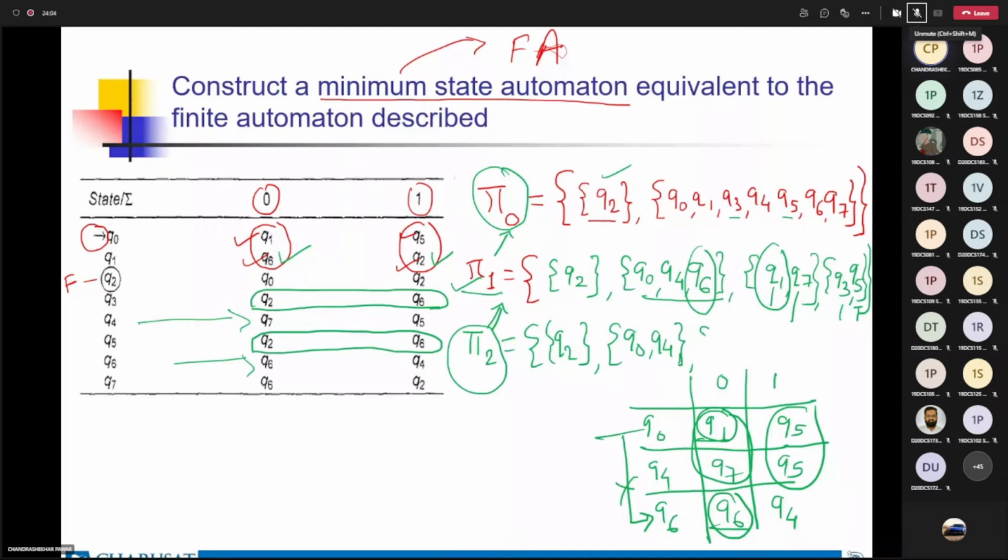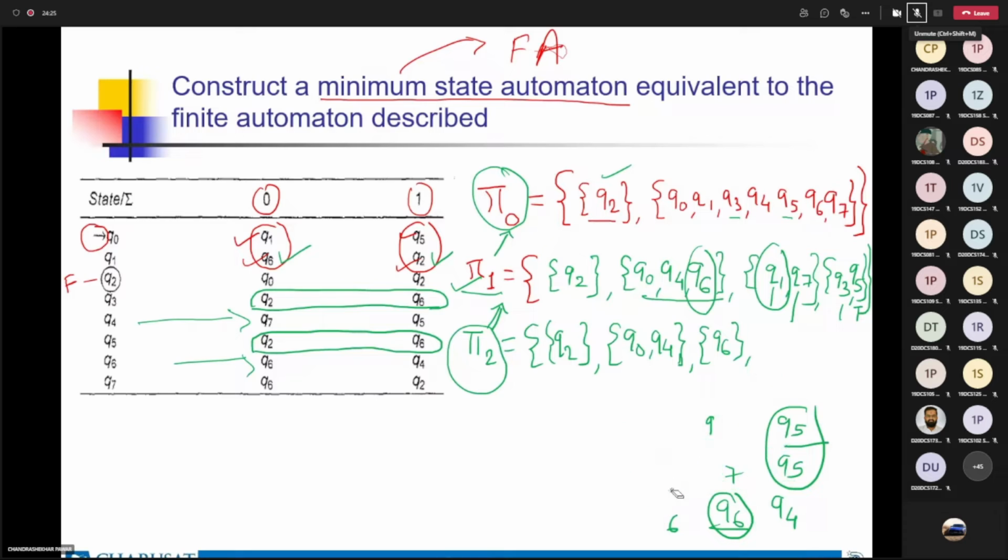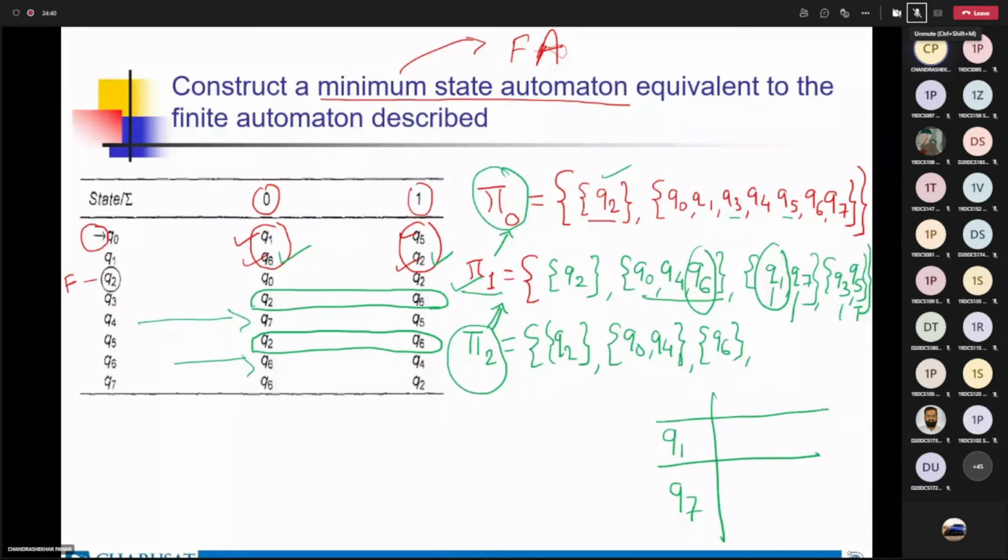Then Q6 we have to write down here separately. No need to check its equivalence with the other states. Directly you have to write it down. Okay. Now we have to check the equivalence of Q1 with the Q7, whether they are still equivalent or not. So just remove this thing. We only have to check the equivalence of Q1 with the Q7, not with the other